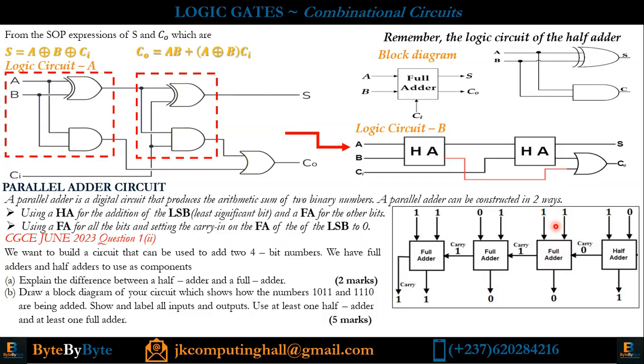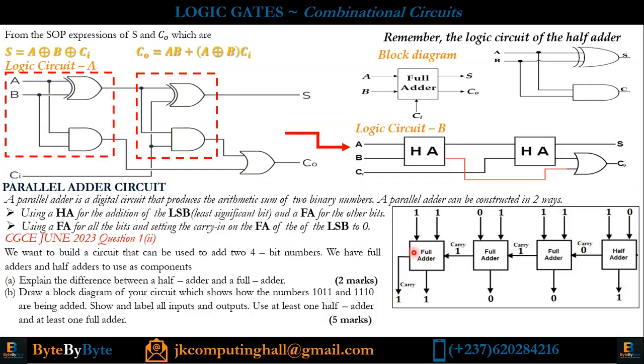At this level now, I am adding 1, 1, and 0. When you add these three, what does it give you? 2. What is 2 divided by 2? 1 remainder 0. This is my sum. The carry out enters as the carry in of the next full adder. So you see that this is the secret I told you. When you are using a parallel adder, the carry out of one full adder goes as the carry in of the next full adder. Inside this one now, I am adding 0, 1 and 1. The sum gives 2. When you divide by 2, you have 1 remainder 0. So this is my sum.